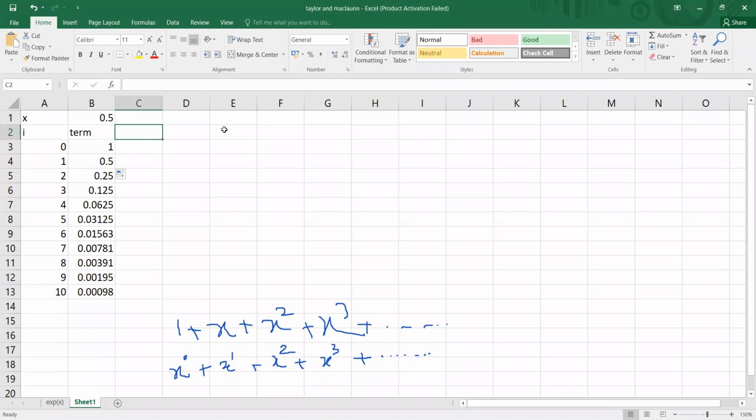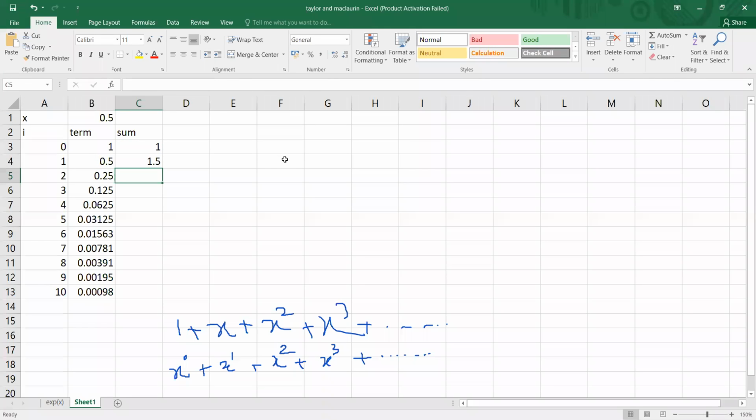Now I'm computing the sum of the series. The sum can be written as: the first term will be as it is. I can copy the first term here. I'm not copying the first term here because it should be a fixed term. It is 1. Now I have to add this and this. These two numbers are to be added. So I have to define the formula here. This is equal to this plus this,